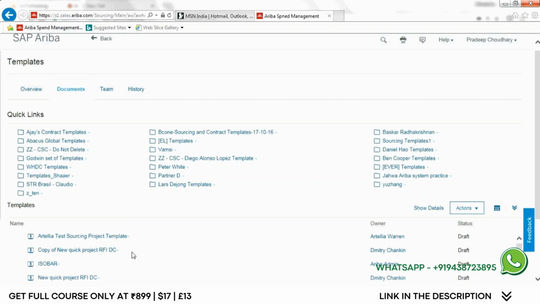Now comes the ruling part. We give different types of rules like timing rule, bidding rule, market feedback. All these are types of rules for how we want to configure the event. And once the event ruling is done, next comes